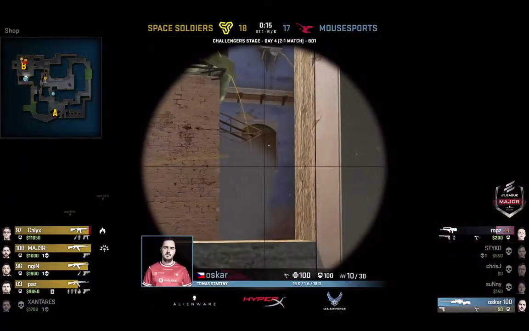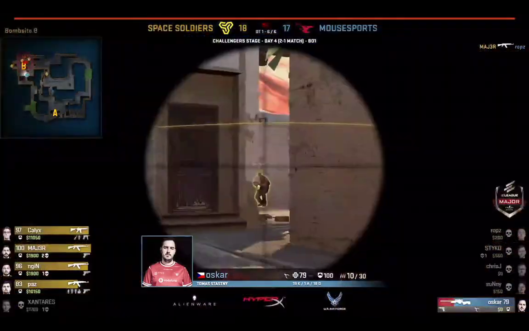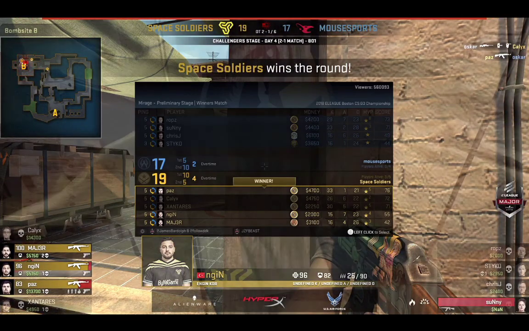ropz and Oskar are what's left here for Mousesports. Already through the apartments, Oskar now the last man standing, 1 versus 4. So many targets for him, he can only get one. Space Soldiers do it the hard way,